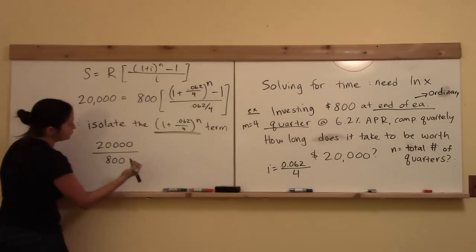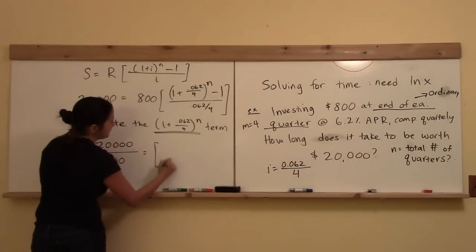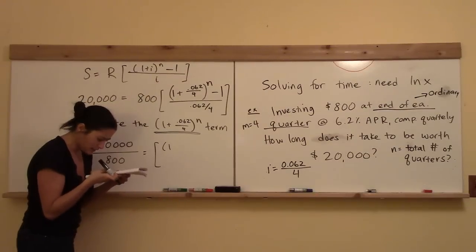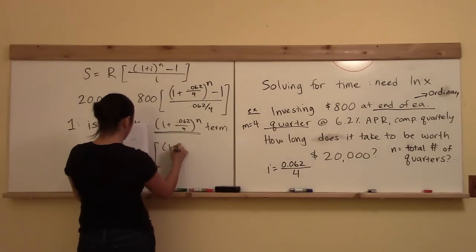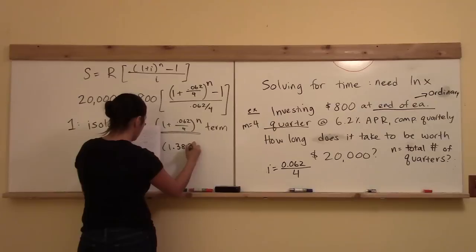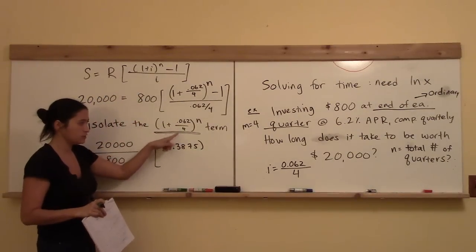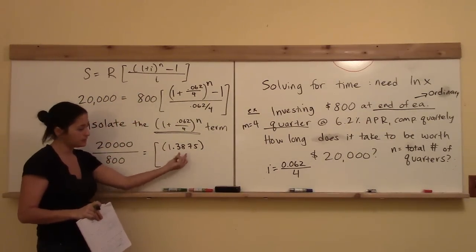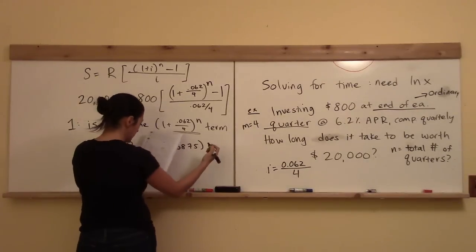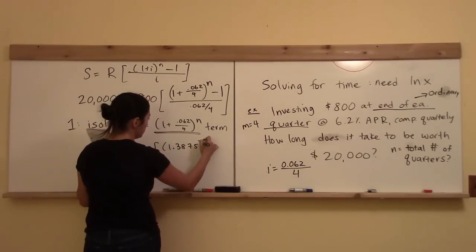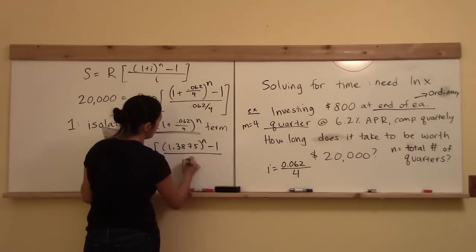The first thing I'm going to do is divide this by 800, and that's going to be equal to all that stuff. By the way, is that a repeating decimal? Oh, sweet, there's one saving grace. That is not a repeating decimal, okay? So actually 1 plus 0.062 divided by 4, that is not a repeating decimal, so I can put it right there. But keep in mind, you can still do it even if it was a repeating decimal. To the n minus 1 divided by